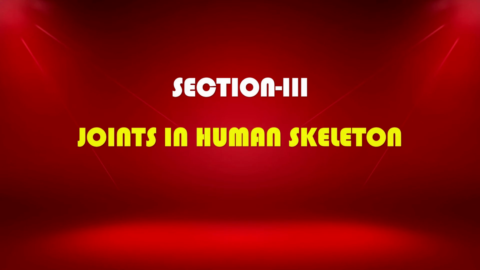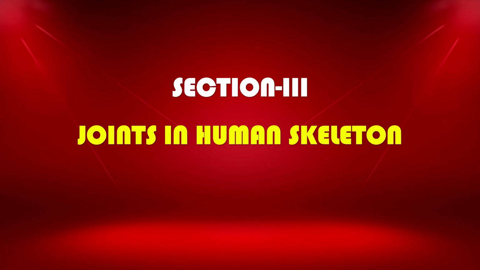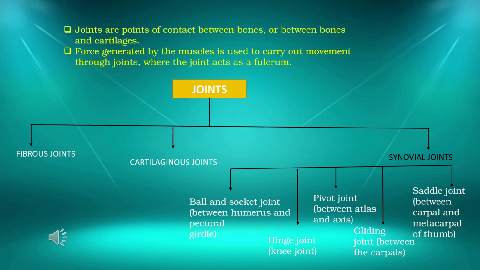Let us see the different joints in the human skeleton. Joints are points of contact between two or more bones, or bone and cartilage. Force generated by the muscles is used to carry out movement through joints, where the joint acts as a fulcrum. Joints are classified into 3 different types. 1. Fibrous joints. 2. Cartilaginous joints. 3. Synovial joints. The synovial joints are further classified into: